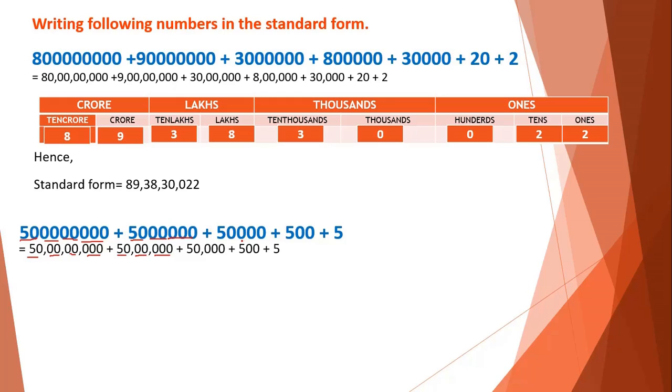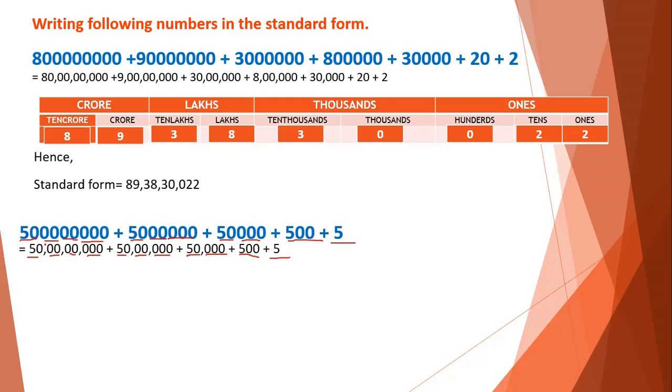Now again we'll write this number. I wrote 3 zeros in ones period and I put a comma. 50 will come in the thousands, so I wrote 50 in the thousands. 500, we know that it is a 3-digit number which is ones. After ones we usually get a comma, but it is only 3 digits, because of that I will not use the comma. 5 is a single digit, therefore I wrote 5 as it is. Here we arranged the numbers in the periods using commas.